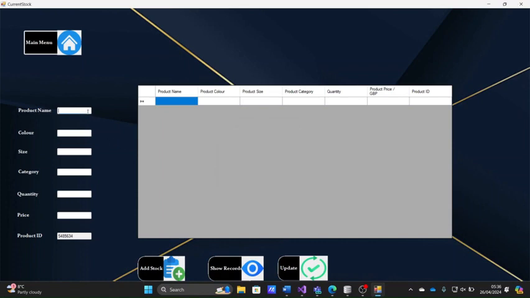Now we'll add in some products. So let's just do Nike. No, not Nike. Let's say quantity of 10 for $49.99. Now I expect that when I press add,